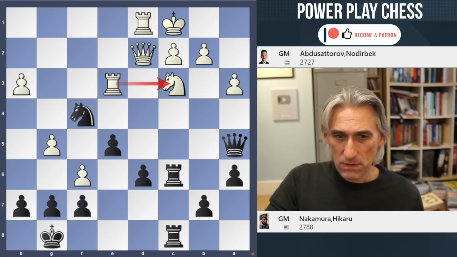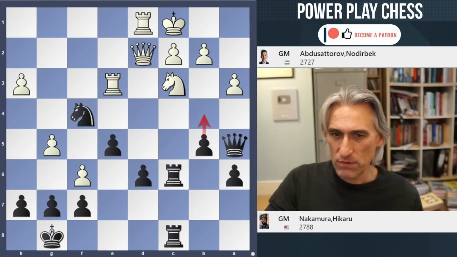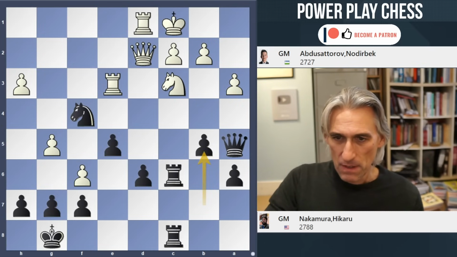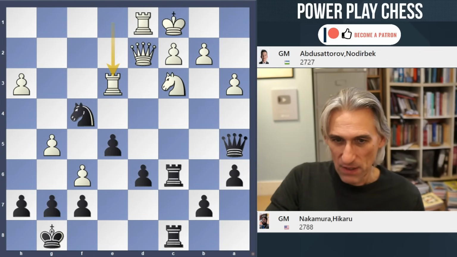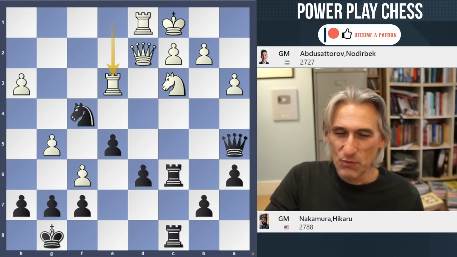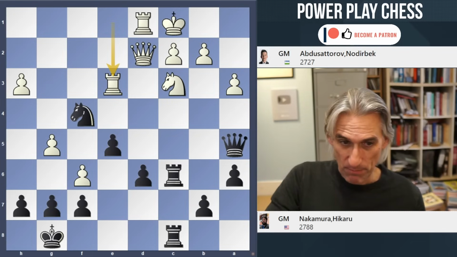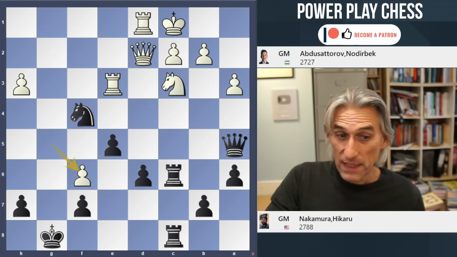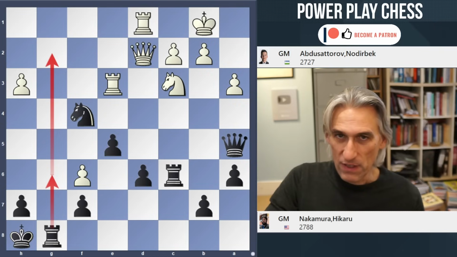And Nakamura goes for the traditional b5. If you can open up the position, then that's fine. But there's a very, very clever idea here for black, which I think you wouldn't find in a rapid play game. But my computer points out this idea. Pawn takes pawn, king h8. Okay, let's say king b1, rook g8. Very nice idea. So black